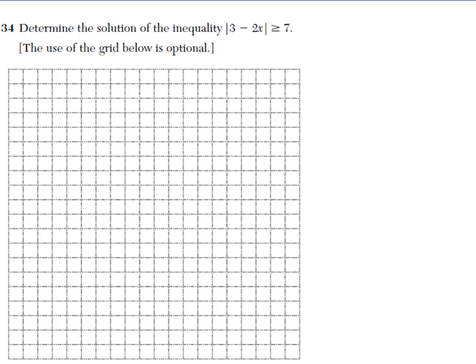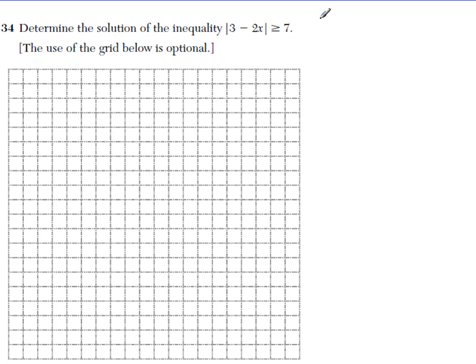Okay, this is number 34 from the Algebra II/Trigonometry Regents, January 2013. Determine the solution of the inequality the absolute value of 3 minus 2x is greater than or equal to 7. The use of the grid below is optional. Okay, so